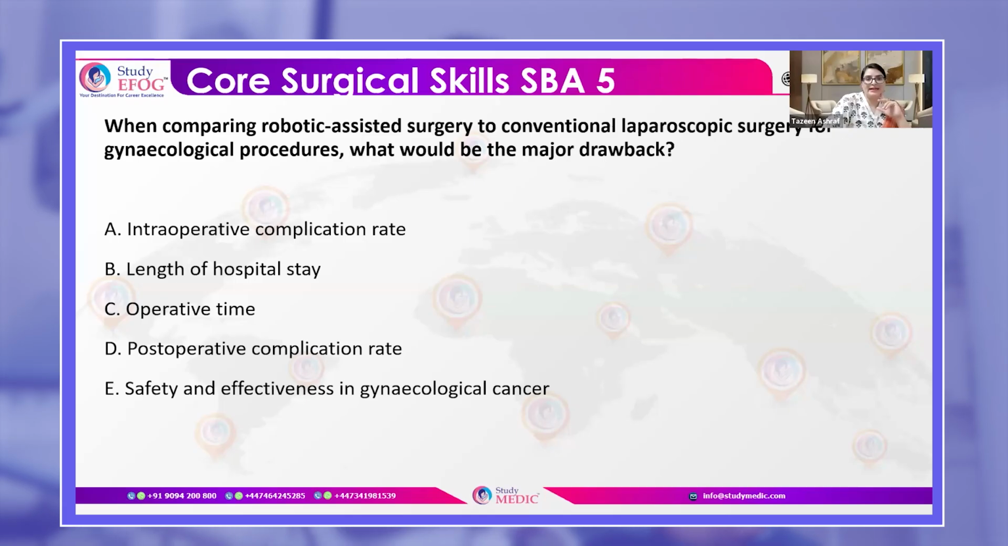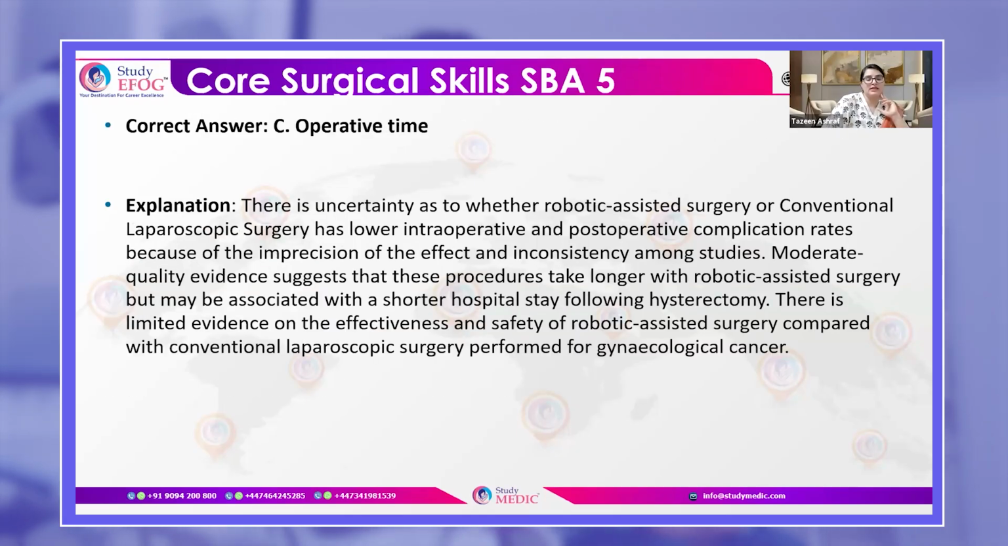So we should always keep in mind that robotic surgery versus conventional surgery, the main drawback is basically operative time. There is uncertainty as to whether robotic assisted surgery or conventional laparoscopic surgery has lower intraoperative or postoperative complication rates because of the imprecision of the effect and inconsistency among the studies. Moderate quality evidence suggests that these procedures take longer with robotic assisted surgeries, and they can be associated with a shorter hospital stay following hysterectomy. And there is limited evidence on the effectiveness and safety of robotic assisted surgery compared with